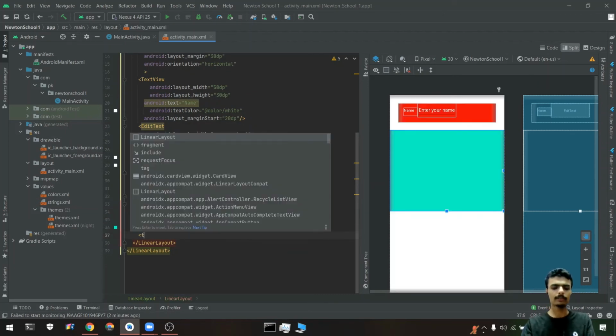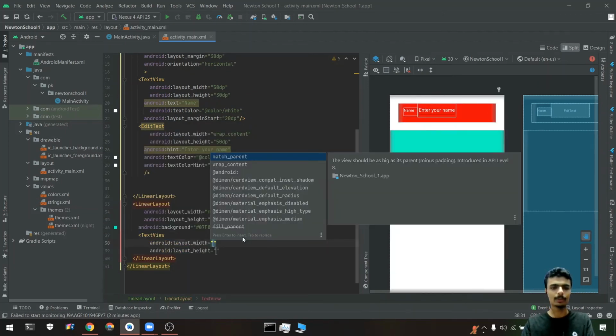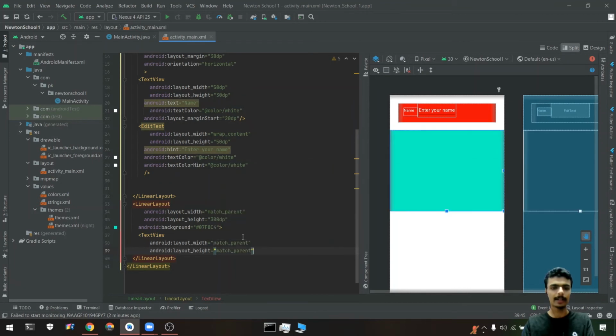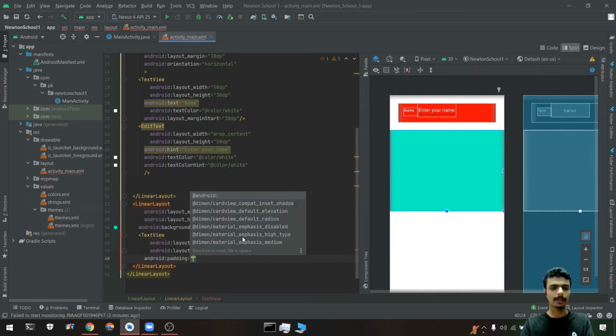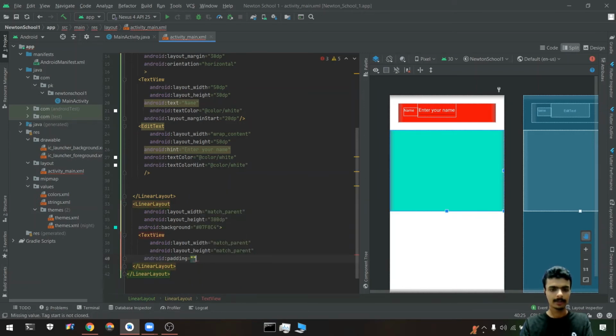So for the dummy text I can write a text view that creates a match parent and match parent, and has a padding property of something like Namaste Newton School. Okay, yeah, perfect.